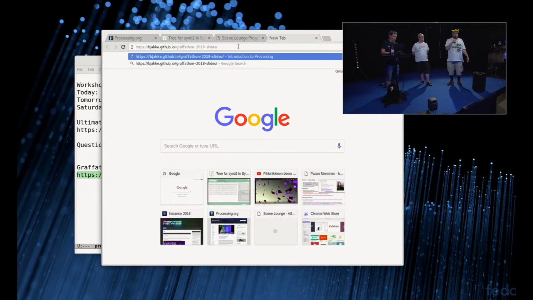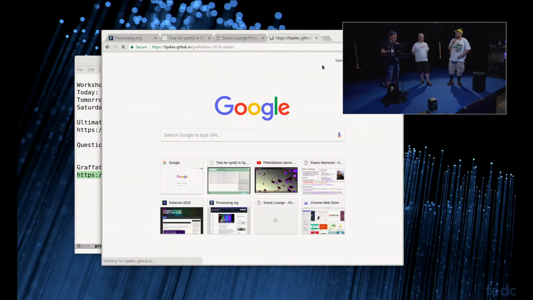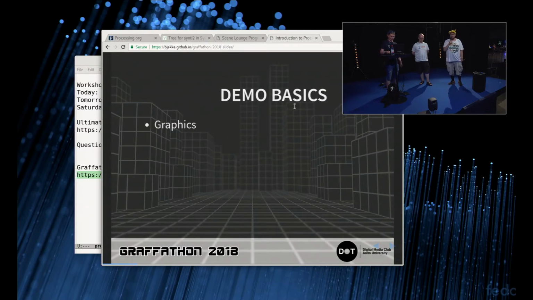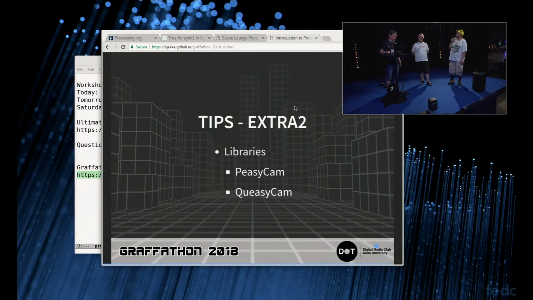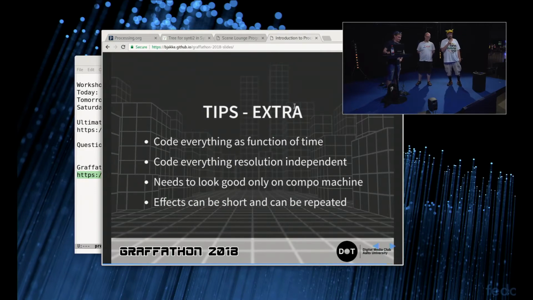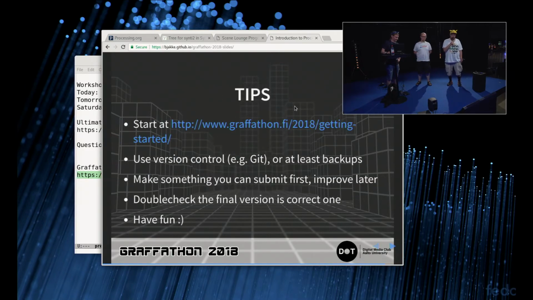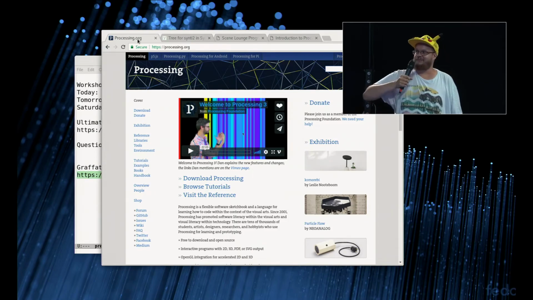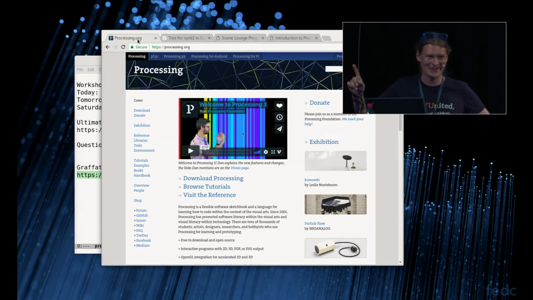Also, I have tons of other tips, but I'm not sure. Should I? Well, okay. Yeah, your tips will be found at the end of these slides. That was slides of a talk I gave at Graphathon for Processing use. So also, can you show the reference? Oh, since I think you missed that, the reference of Processing, you mean? Also the libraries. One thing I forgot about that I wanted to say is that